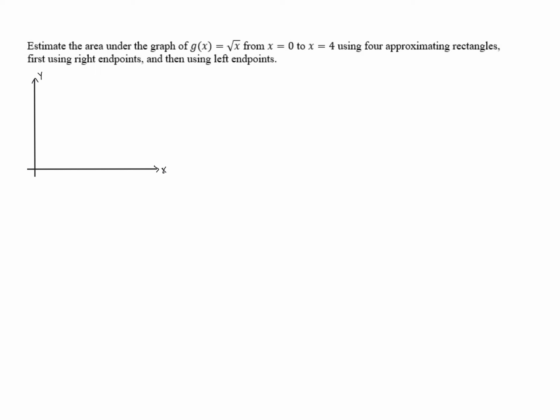We know what the graph of the square root function looks like. It roughly looks something like this. And we are looking at going from 0 to 4. So if we say this is 4, and we can even label these 1, 2, and 3, then our region is this region S, and we can